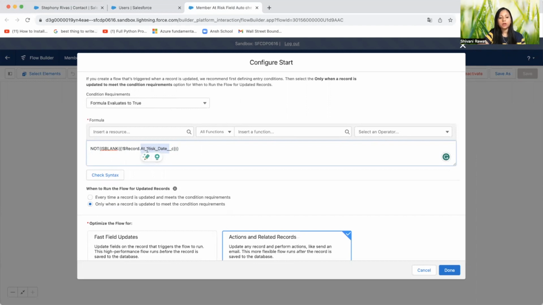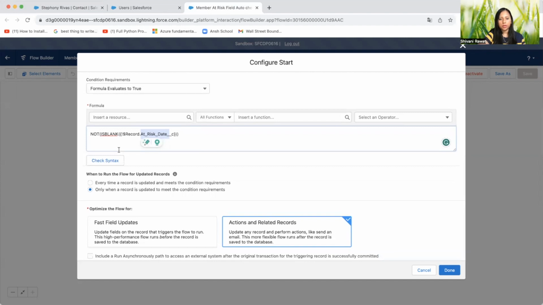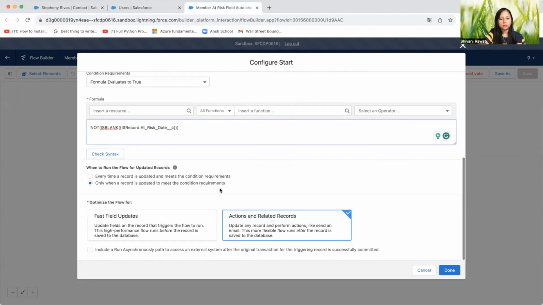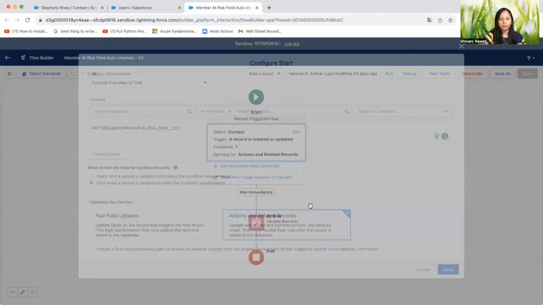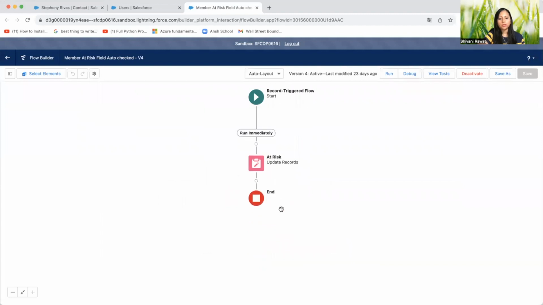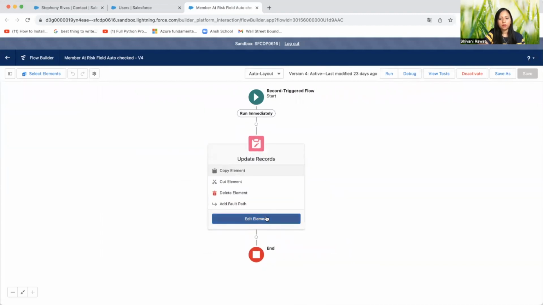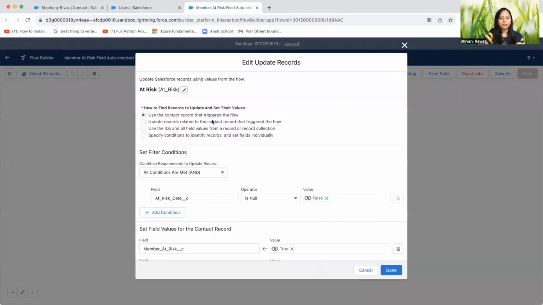So if the date field of the risk is not blank, that is the condition. With this option, we just want it run one time when a record is created, an action and related record, and just save that. Now I update the record. I select the update record element here. Now you can see